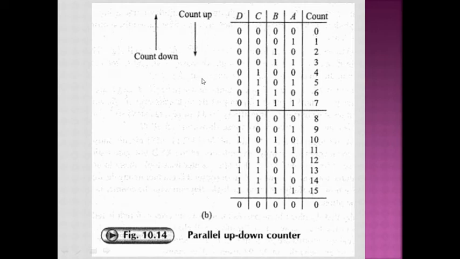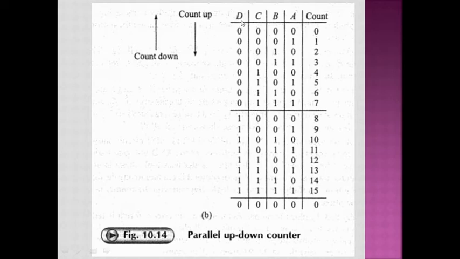Now, if you see the truth tables, what is the requirement? There are two ways this counter can work: in a count up mode as well as in a count down mode. Count up mode means it is progressing with every clock pulse from 0, 1, 2, 3, 4 like that way. And it is advancing up to the modulus, the decimal equivalent of 15, and then again it is going to be reset to 0, 0, 0. That means the count sequence starts again.